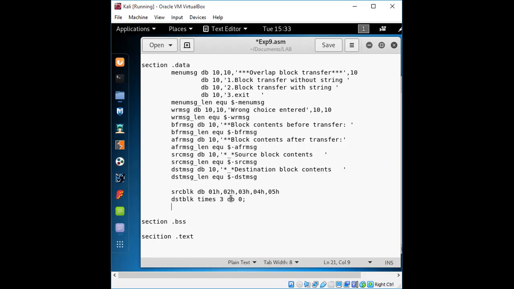So here we will have three times 0 for non-overlapping; we are taking all the elements as 0. So how many times you want to put these in the destination block with the default value, that we are going to mention, right? Then next is a count with,